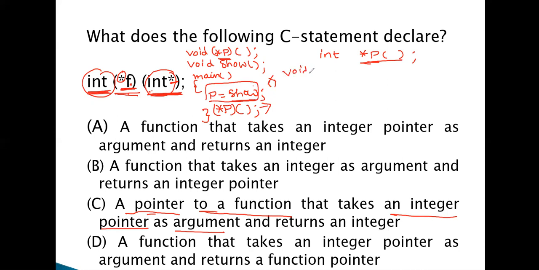For example, void show(). In this, you print some message. Suppose printf hello. If you execute this program, hello is printed. But observe carefully. Here in the main, I am not calling the show method directly. What I am doing? The address of show is assigned to a pointer, and that pointer calls the show method. This is this one. Now, in exactly a similar fashion.